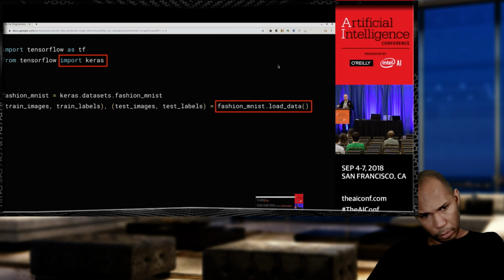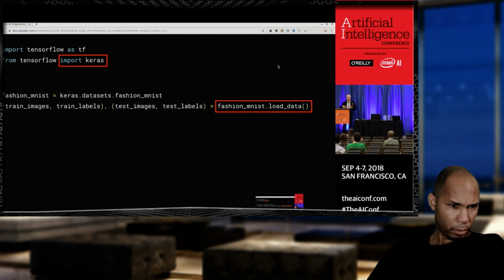What that's actually doing is it's loading data from the data set, which is stored in the cloud. It's sorting that 70,000 items of data into 4 sets. Those 4 sets are then split into 2 sets, one for training and one for testing. And that data is going to contain, the one on the left there, the training images, is 60,000 images and 60,000 labels. And then the other set is 10,000 images and 10,000 labels that you're going to use for testing.